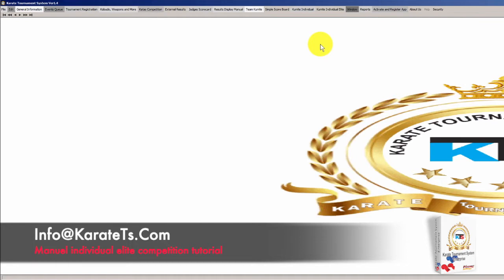So usually when you go to a federation to compete, you will need this module, which will allow you to run tournaments that are based on federation ranks. Okay, so this is what we're gonna do. We're gonna go through the steps to do this,